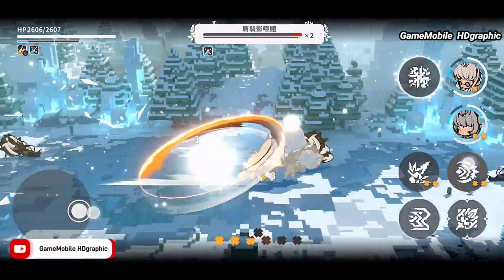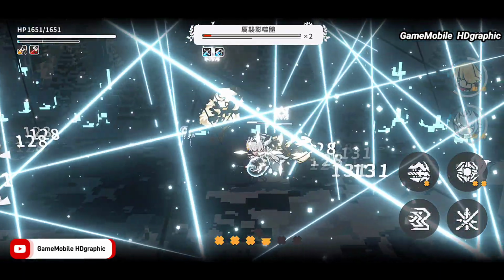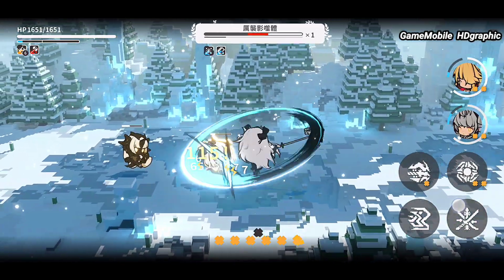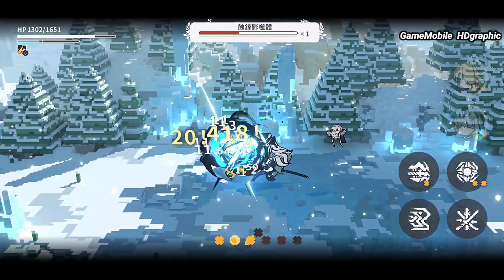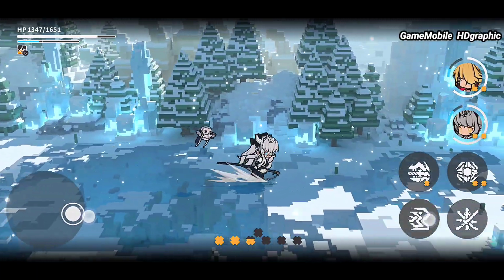The combat mechanism of Prometheus is, we will play with 2 heroes on our side. We can switch them anytime to create a great combo. The skill will cost some energy, which will slightly increase every second. The stronger skill will consume more energy, so we need to manage it perfectly and try to launch it on